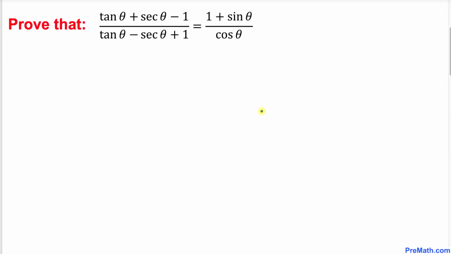Welcome to PreMath. In this video lecture, we are going to prove these given trigonometric identities: (tangent theta plus secant theta minus 1) divided by (tangent theta minus secant theta plus 1) is equal to (1 plus sine theta) divided